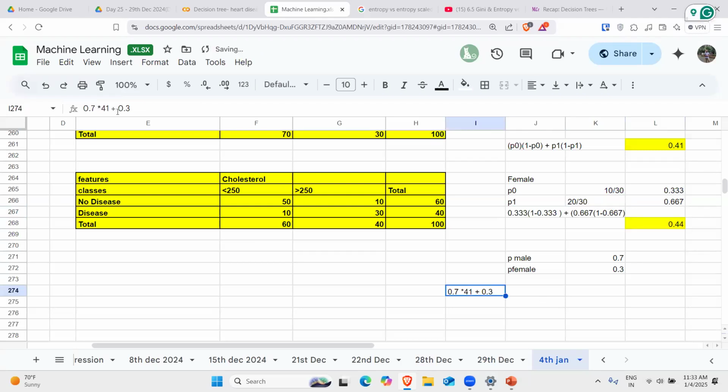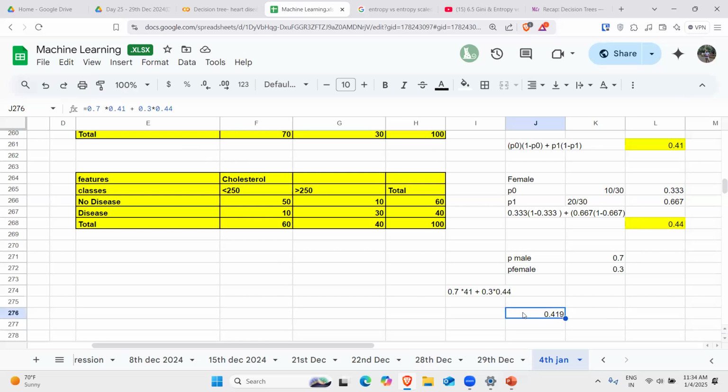So this is probability of female into Gini impurity of female, which will be 0.44. So I'll write down that 0.44. And if you just take this, I'll just copy this and put it over here. It becomes correct use of bracket, and this should be 0.41. It becomes 0.419,